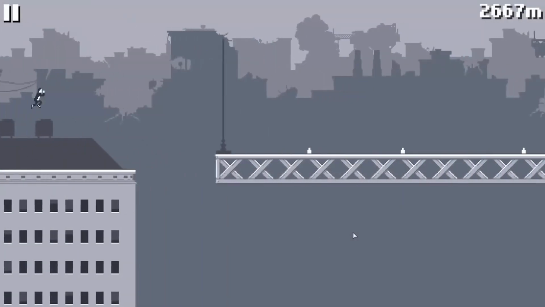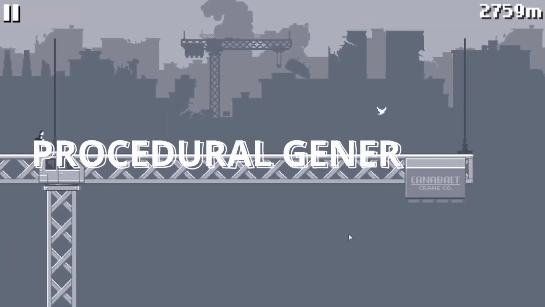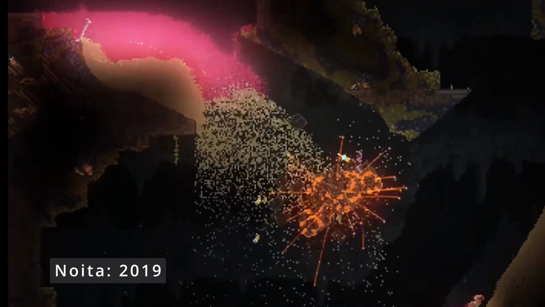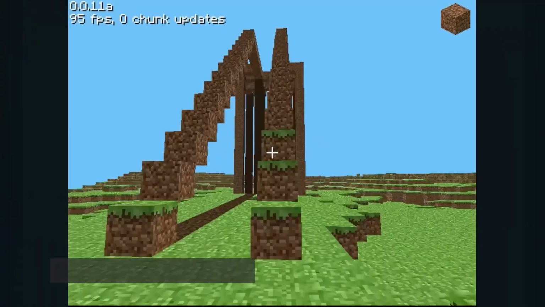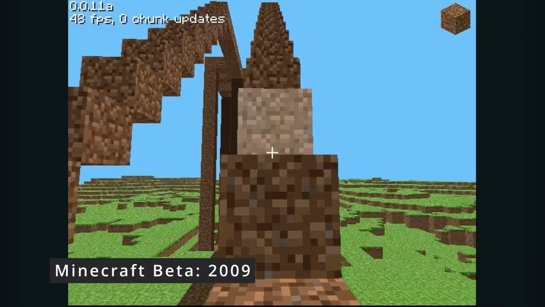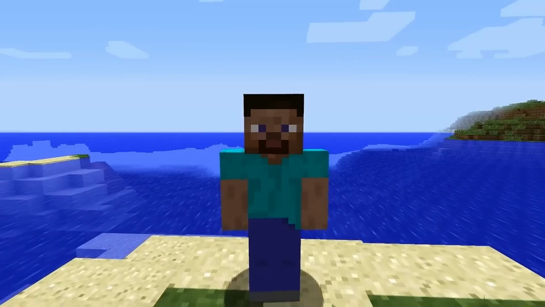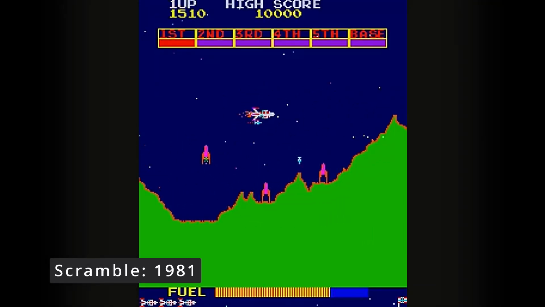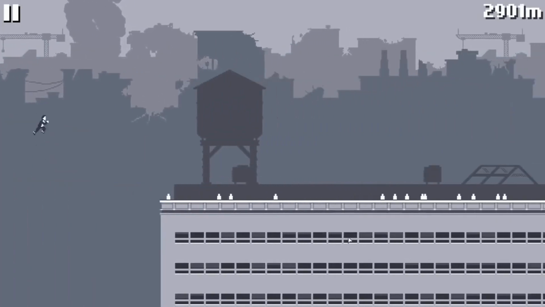Another cool feature that Canabalt uses is procedurally generated levels. Now, this isn't anything special, but the game was released during its renaissance, because 2009 was the same year that Minecraft would be born, the future mascot of randomly generated worlds. And although it wasn't the first game to do this effect, it would be just like Minecraft in that it